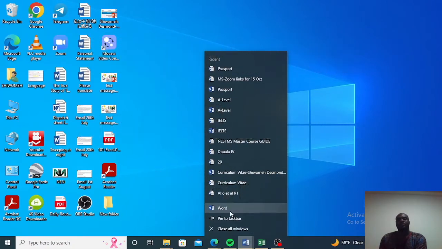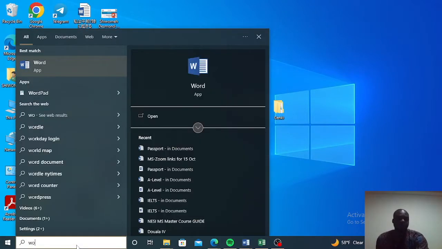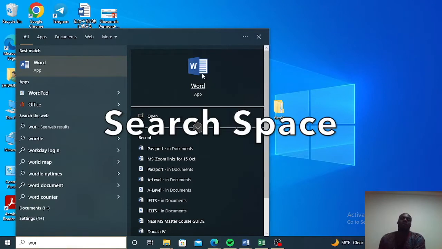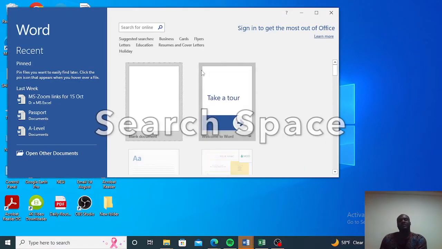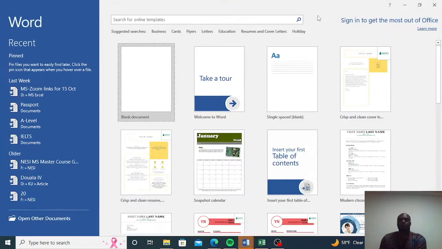Then you click the one that is labeled just Word below, or you can type Word in your search space and double click on it, and it will open this page where you have